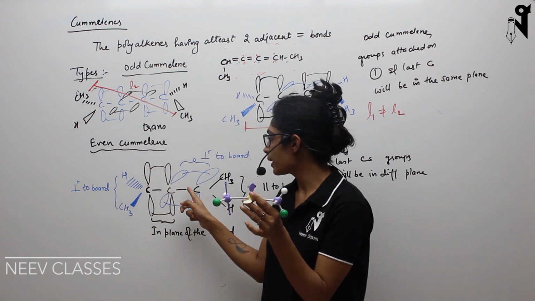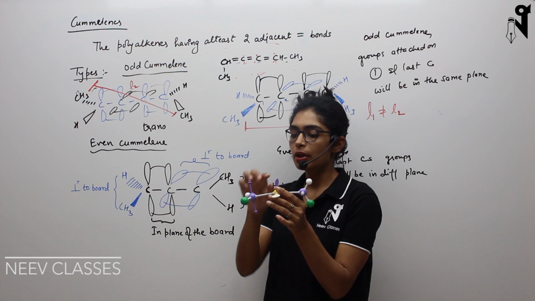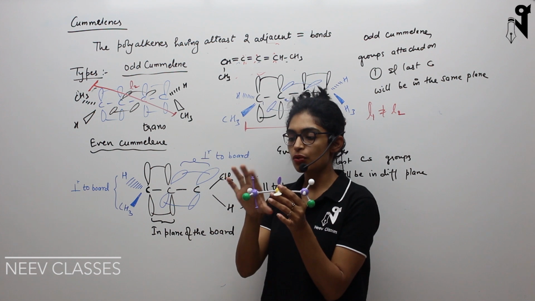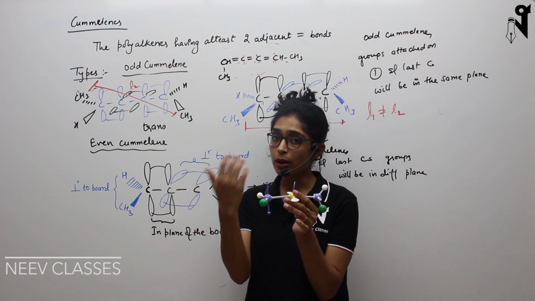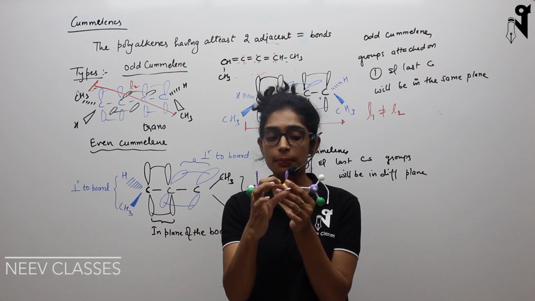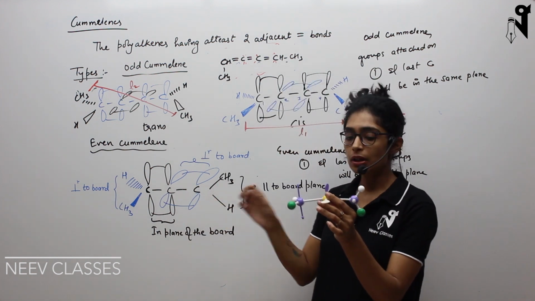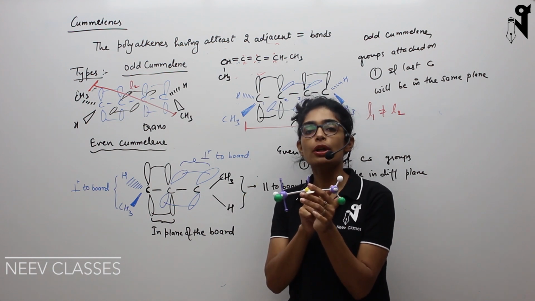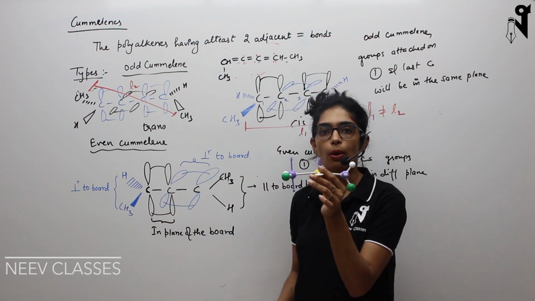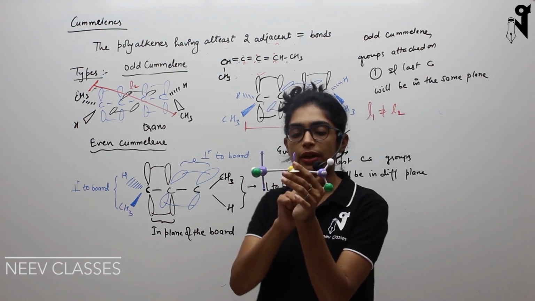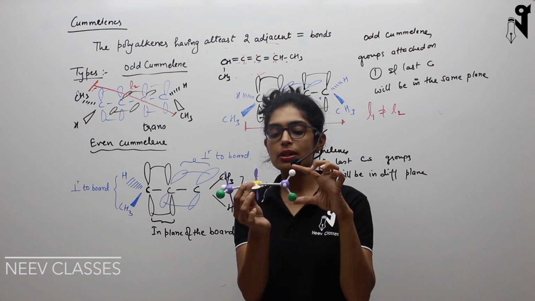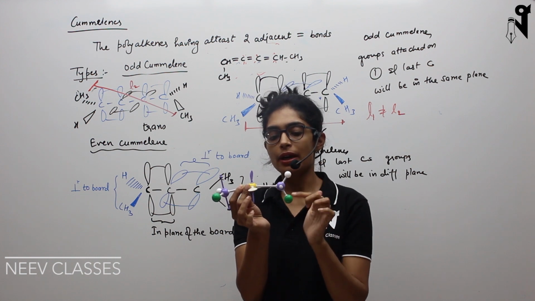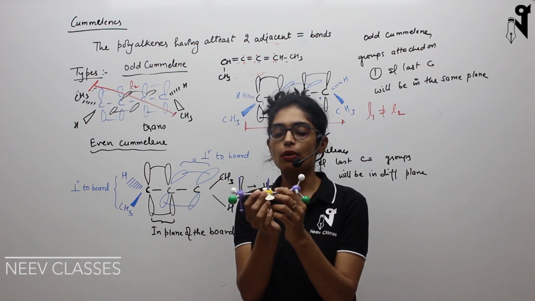This is the first carbon. Look at the second carbon. The second carbon has one p orbital parallel to the plane of the board, which is forming a pi bond, and one p orbital which is perpendicular to the plane of the board. So this is the other p orbital. Now look at the third carbon. The third carbon is forming its pi bond using the p orbital which is perpendicular to the plane of the board. So this white one and white one are forming the pi bond. So basically the sigma bonds are going to form at a 90-degree angle with respect to this p orbital. So this is my 90-degree angle and this is parallel to the plane of the board.